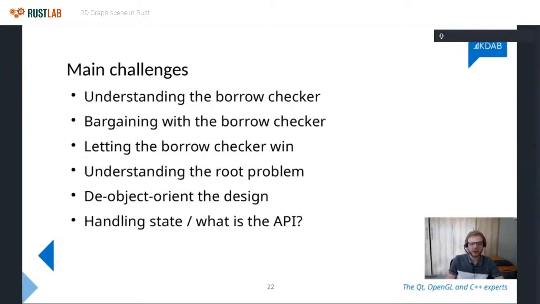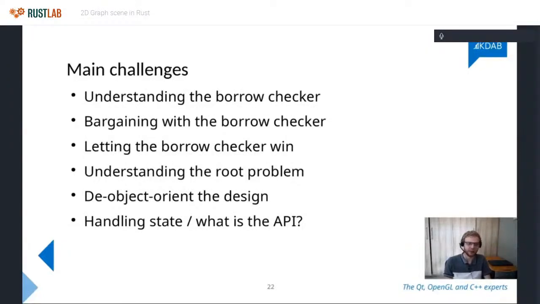And then, after I understood what the borrow checker does, why it's there, how it works, I struggled with bargaining with it. So yeah, it's kind of as I said with those event handlers. Like I knew why it was mad, but I didn't really know how to fix my problem. So I tried all these weird tricks and begged the borrow checker to let me do what I want.